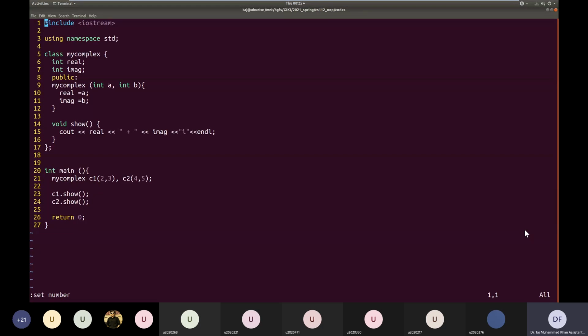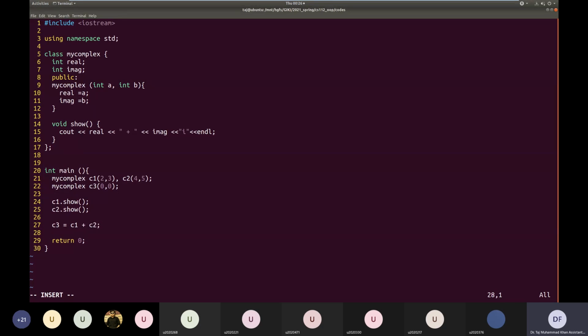Very good. Okay, so let us declare a third complex number C3, and for the moment we know it's 0, 0. And what we are going to do is try C3 is equal to C1 plus C2.